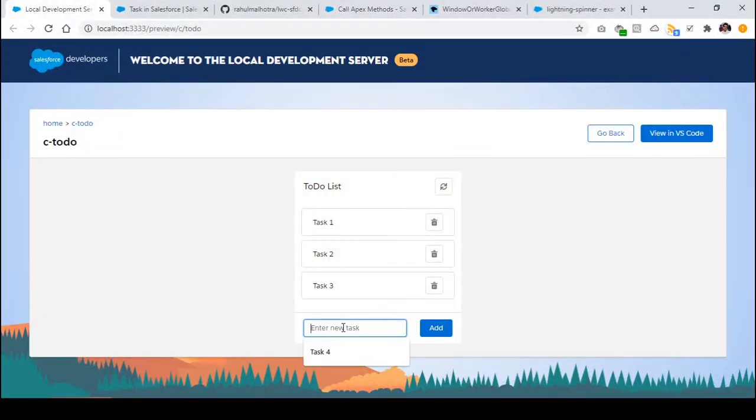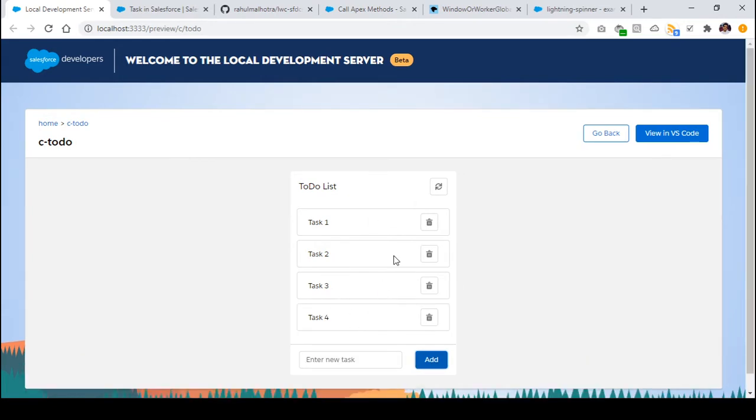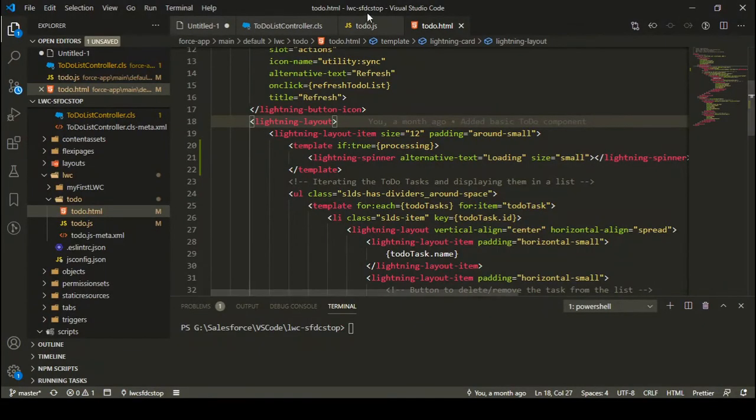And the next thing that I need to do is whenever I'm adding a new task in the list, so let's say I'm adding a new task named task 4, I want to show a spinner as I click on the add button, and when I got the response from the server, I should hide that spinner again, right? Okay, so what I can do for this, I can simply go to my add task to list method in my JS.